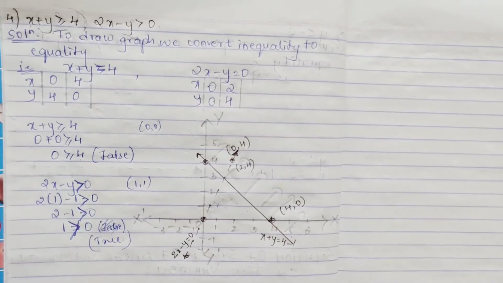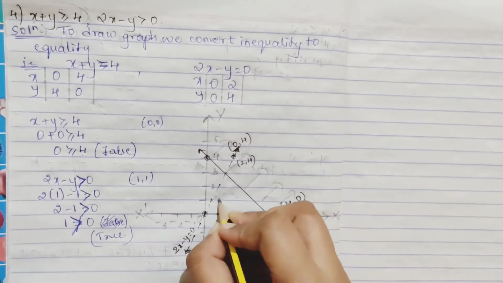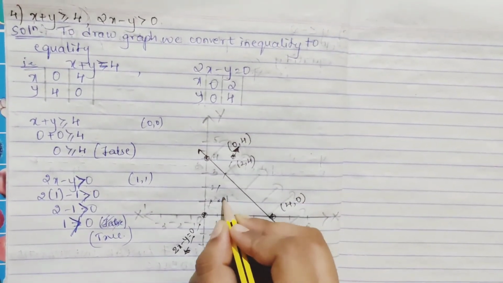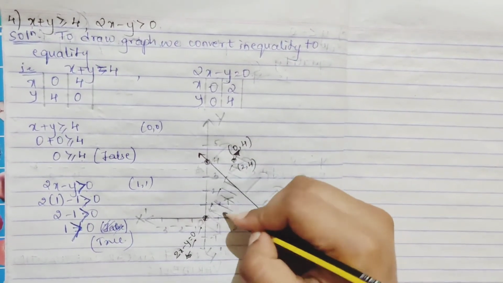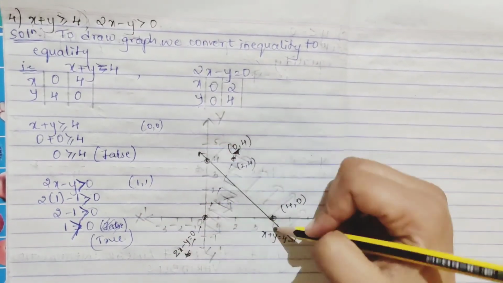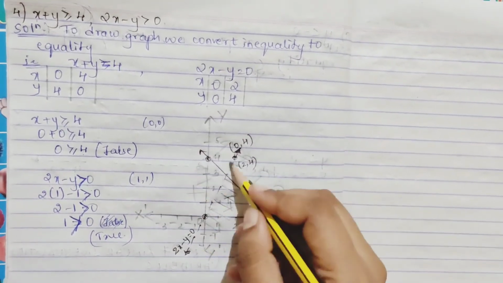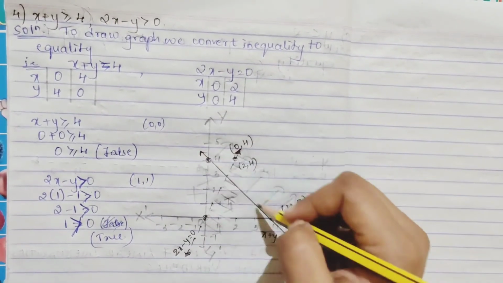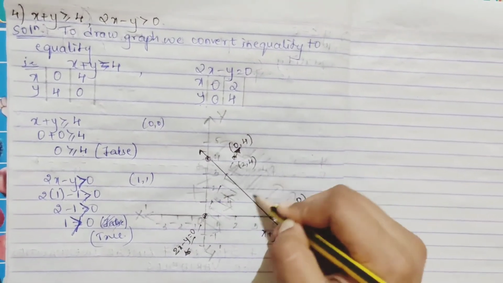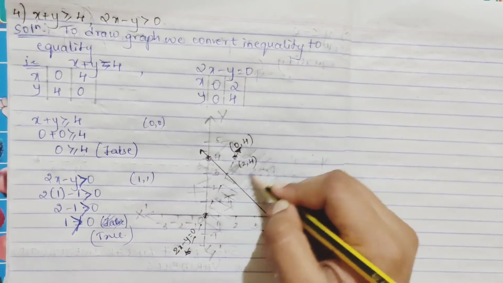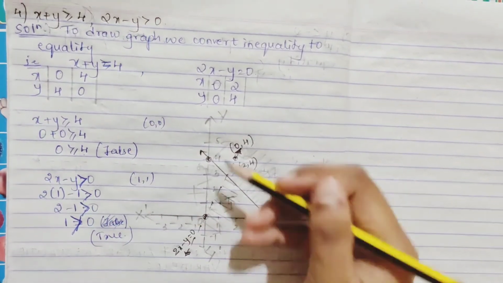Now you see, this was the line and the point was here. So this section is coming true, which means the shaded portion will be this section for this line, and here it is this section. Now we can see this section is cancelled out from here, and from here the common part is what you are getting, so cut it off and your shaded portion will be this. Okay, actually I guess they have to change this question, because if you get 2x minus y less than 0, you'll get this portion properly.